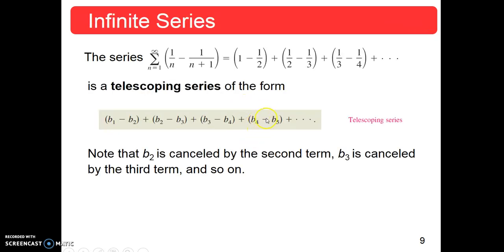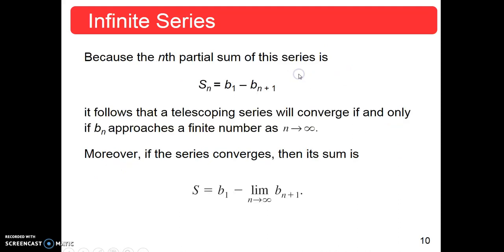Okay, and that second example that I just did was an example of a telescoping series. What happens in a telescoping series is you'll notice a lot of these terms cancel out. If you start writing out the terms here, -1/2, 1/2, -1/3, 1/3, a lot of these are going to cancel out. Oh, and so it turns out that if this series converges, you can find the sum by taking,